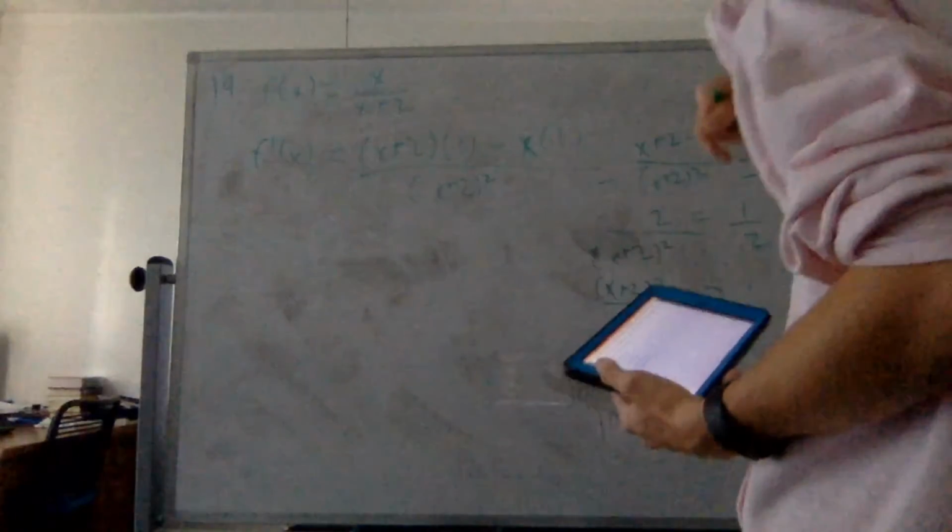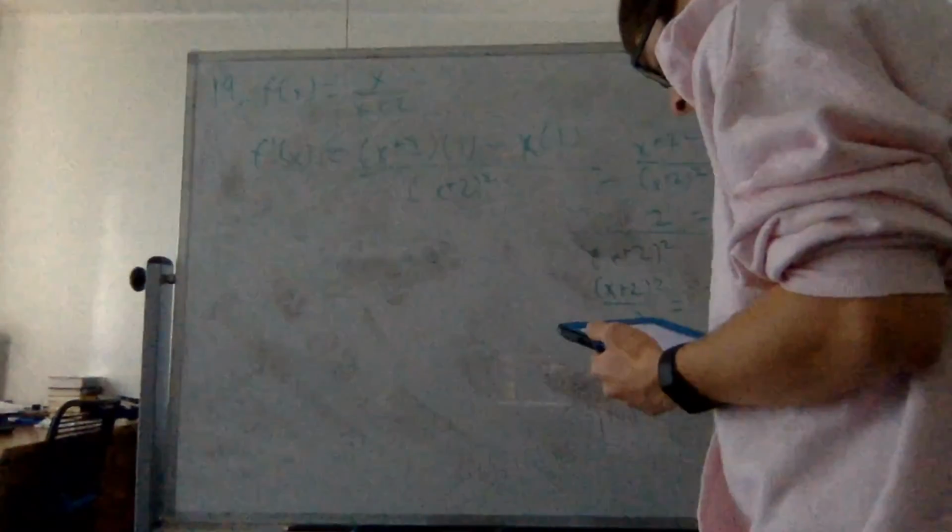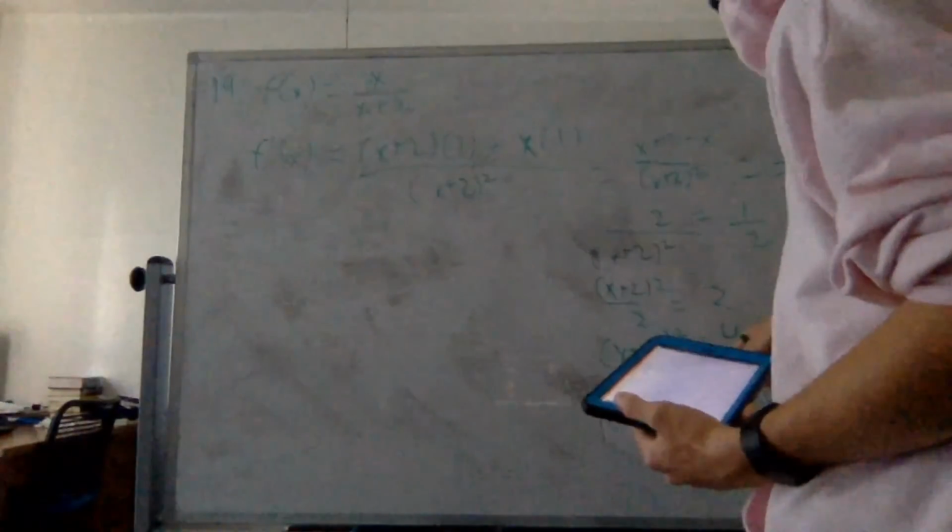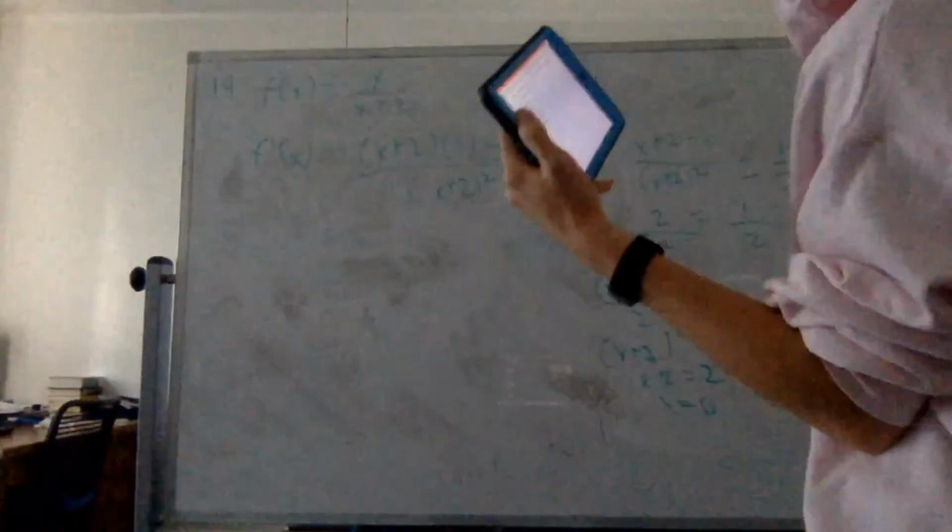So then we can get x plus 2 squared equals 4. 2 times 2 is 4. Take the square root of both sides. X plus 2 equals root 4, which is 2. X equals 0, right? So now if we plug in x equals 0, right,